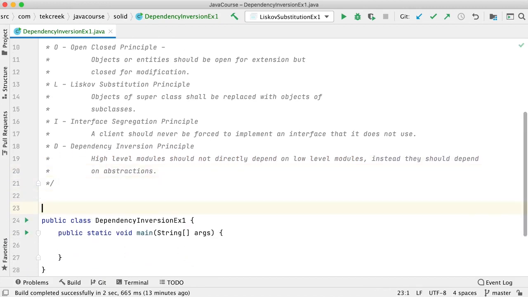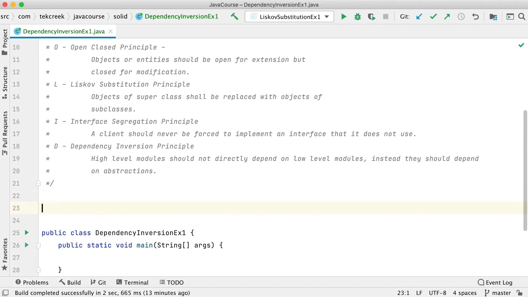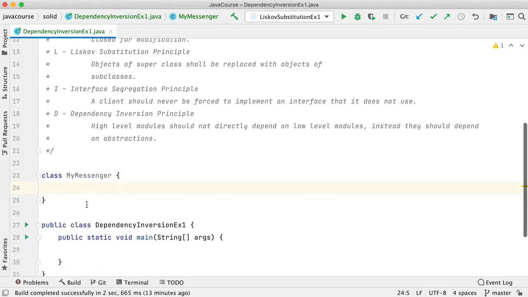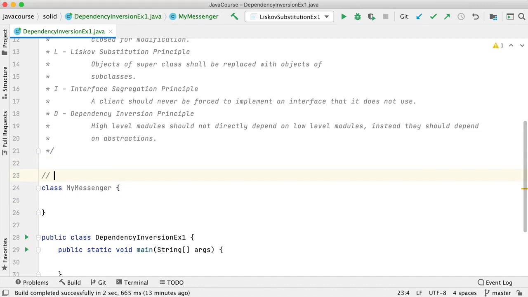Again, very simple. Say for example my messenger, and this is at a high level. Let's say this is an application layer, which is sending out messages and notifications to some other clients.